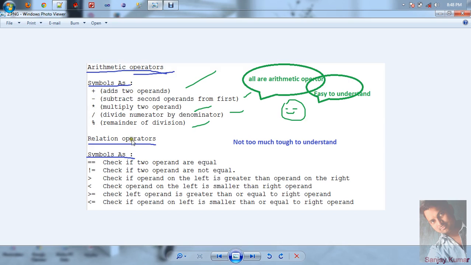Now the second operator is the relational operator. Relational operators are used when we want to compare the values of two variables: equal to, not equal to, less than, greater than, greater than or equal to, less than or equal to. All these symbols are categorized under relational operators.